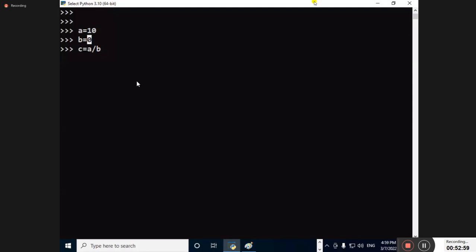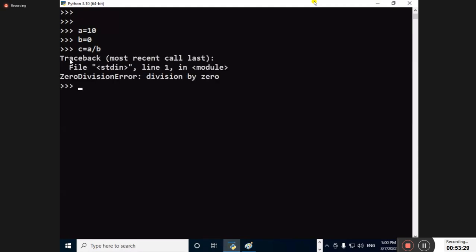Am I correct? Is the PVM able to process that? No. PVM is saying, I cannot do it, programmer, because you are supplying 0 as the denominator. Anything divided by 0 in mathematics is infinity. In Python it is called ZeroDivisionError. Spell out once. I will explain this very perfectly. The moment I press the enter key, you will get some message which the end user cannot understand, but I can understand. This message is called what?